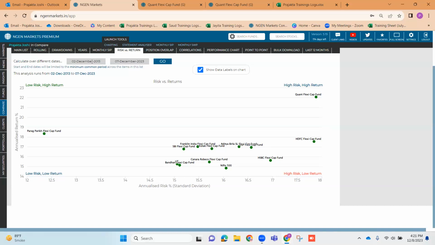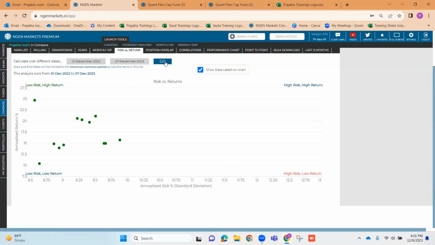Now, what we can typically do is understand the beauty of this particular matrix. What we can do is simply change the statistics to, let's say, the last 1 year, right? So maybe December 2020, and you click on go, right? So we see here that Quant's returns have definitely reduced. It was slightly upper, right? Now they have definitely reduced, but the risk remains predominantly similar as compared to even the last 10 years,